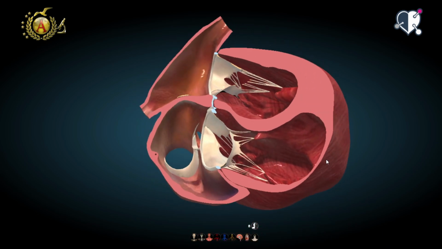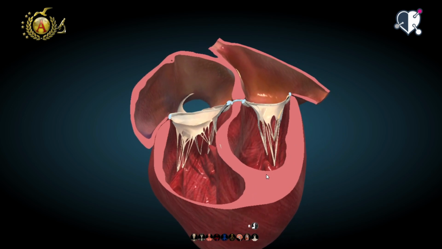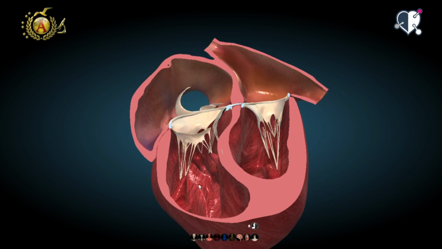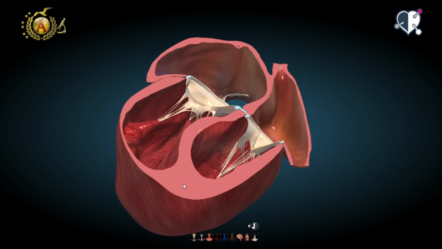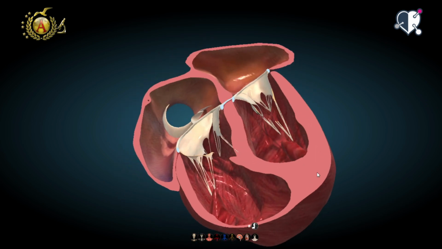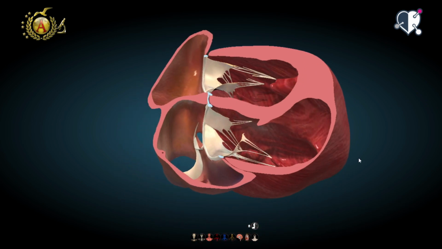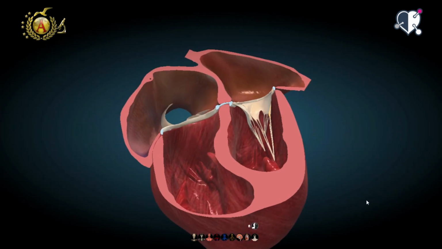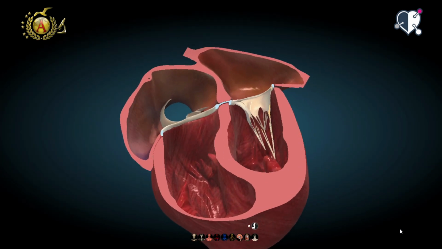In fact, thanks to the papillary muscles, the valve is anchored in the ventricle, and when the ventricle contracts, this prevents the valve from opening into the atria and also blood backflow. But let's talk about the real structure of the right ventricle.